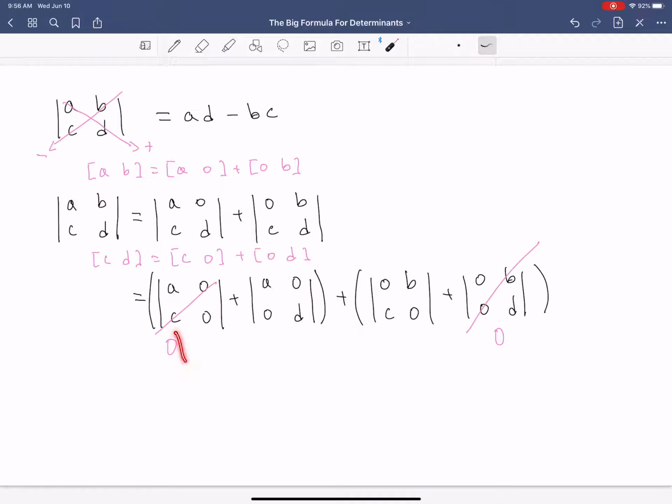The problem when you take C is that you have 2 rows that are multiples of each other and you get a determinant 0. And the reason for that is that A and C actually come from the same column. So choosing from the first row in this formula says you cannot choose from the first column anymore. You've sort of taken from that column. So the choices that survive, these choices